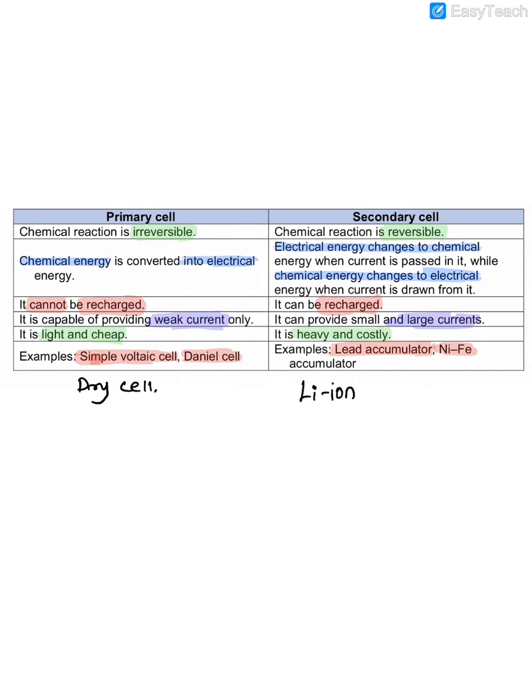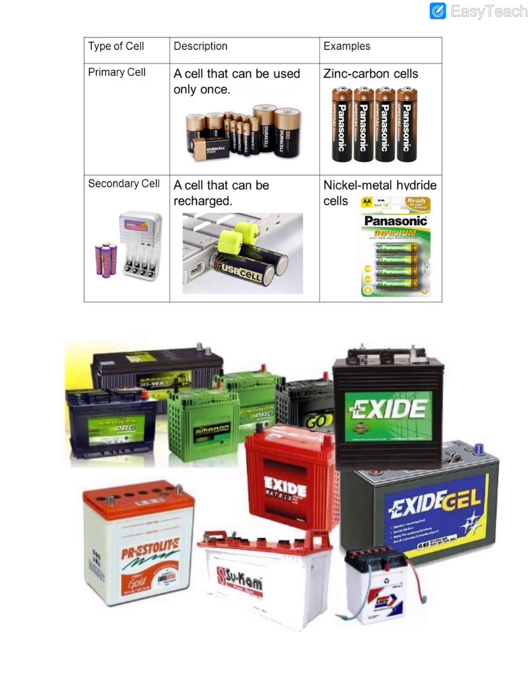Also, there are more examples of primary and secondary cells in your textbook. You need to learn all of them, because they can also ask you to sort out those cells. Like they'll give you just the names of a few cells and ask you to find out which is a primary and which is a secondary cell. Now next thing is, look, I've just got some pictures where you can make out some of these cells.